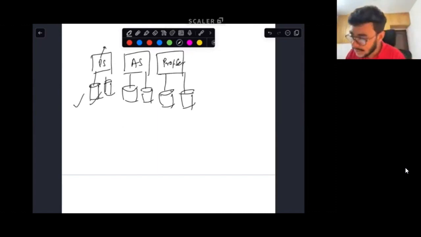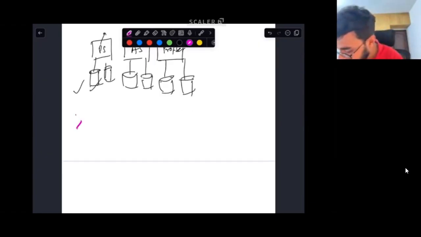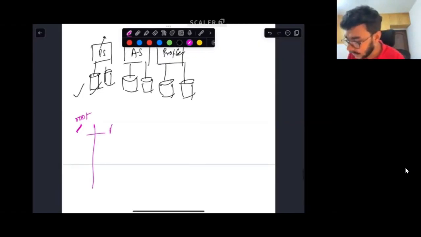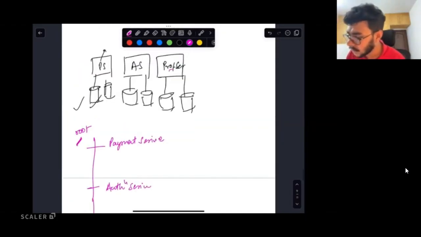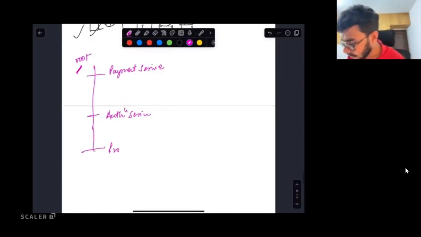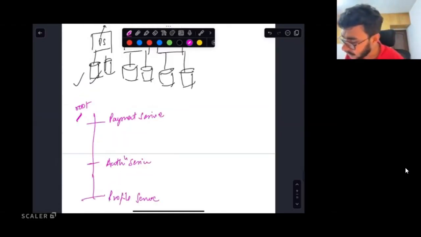And what is an easy way? What is one of the ways in which Zookeeper does it? It says, okay, fine, I'll have a root structure, and then within the root, I will have multiple directories. One directory will be for the payment service. One directory will be for the authentication service, right? And then one directory is going to be for the profile service, right? Now, within the payment service, there can be multiple other things that we can end up storing. But let's say we are trying to talk about the storage of the database. We can also store some cache information.